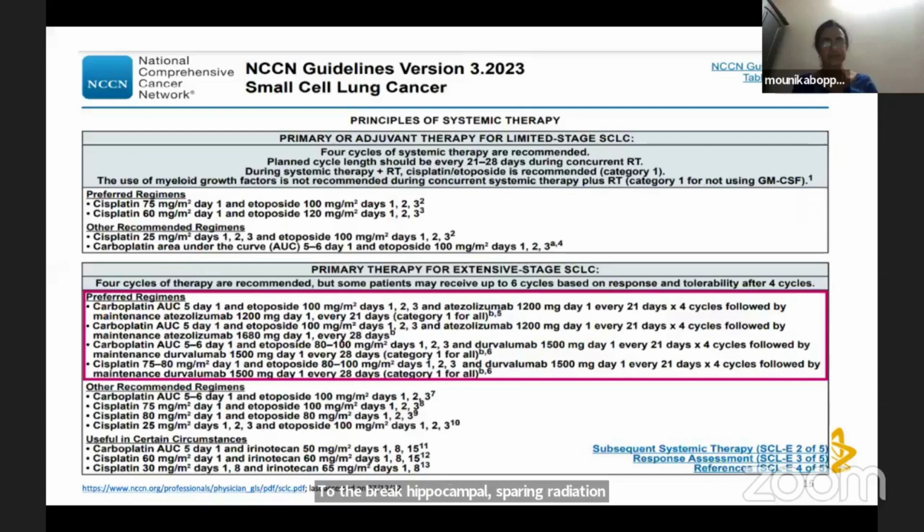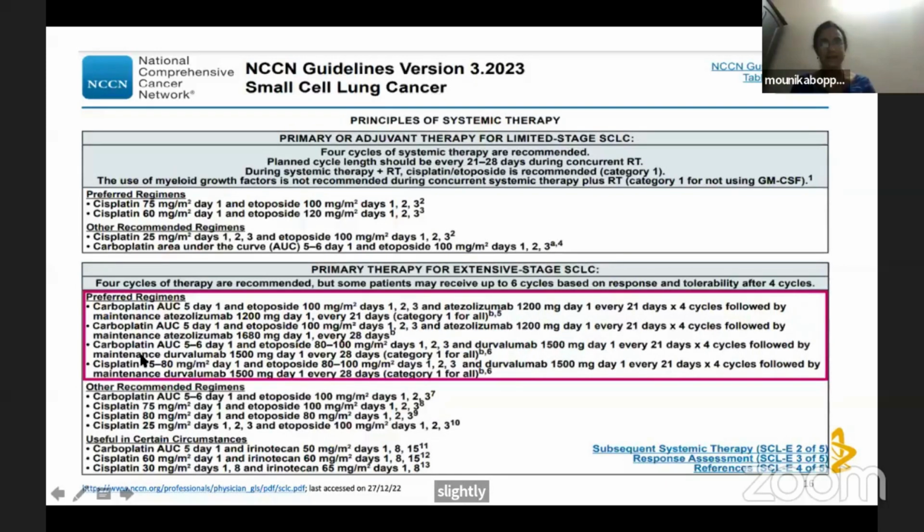So what are the systemic therapy options that we have now? We know that immune checkpoint inhibitors have percolated into almost all malignancy treatments, and small cell lung cancer is definitely one of them. So we have carboplatin, etoposide, atezolizumab combination; carboplatin, etoposide, and durvalumab combination; and cisplatin, etoposide, and durvalumab. These are the three combinations that we use. The dosing of atezolizumab in the maintenance can be slightly different, 3 weekly or 4 weekly, and we use both